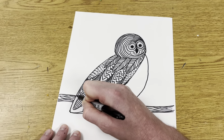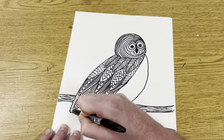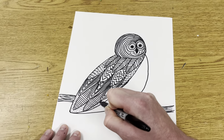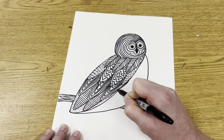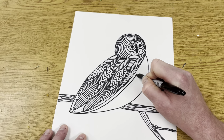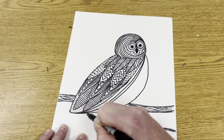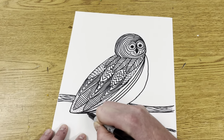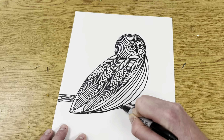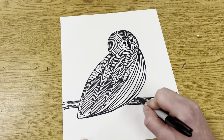And then in this area, I'm just going to do lots of little dots. Put some little polka dots in there for my little tail feather. And I'll fill in this area too with those little polka dots. Okay, so for this area, I'm gonna make one line that goes all the way back up here. And I'll do that again, and again, and again. A lot of repetition. And what else? I think I will